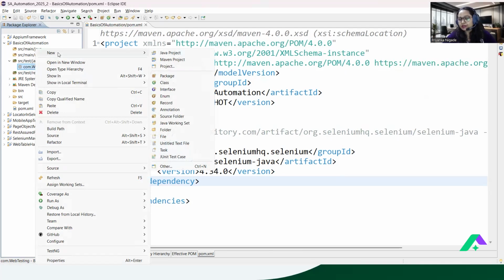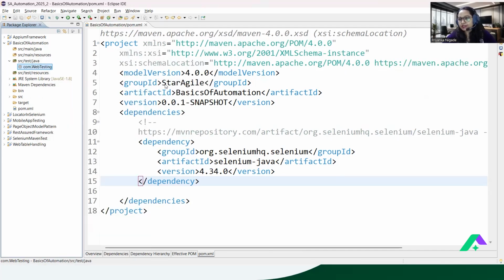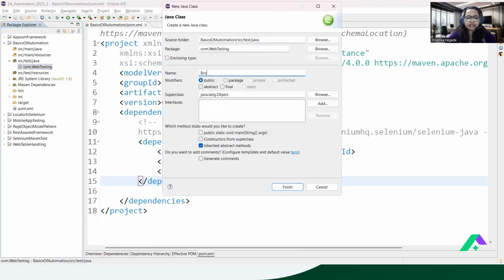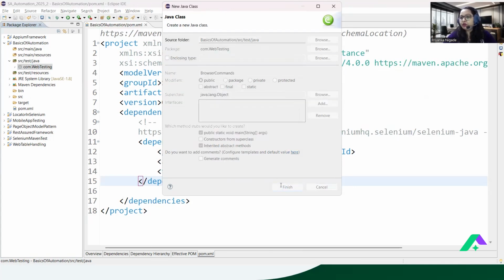Let's create a Java class. If you really want to create your TestNG class, that is also fine. But for a TestNG class, again, you have to add a dependency. Then only it will work. Let me take a plain Java class here now. My first test case, browser commands. So let me explain what the different and important browser commands are which we need to understand,